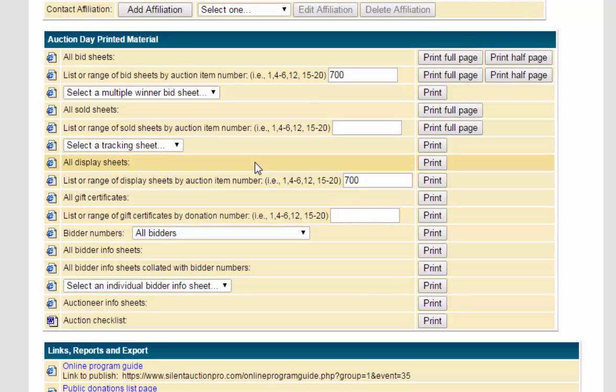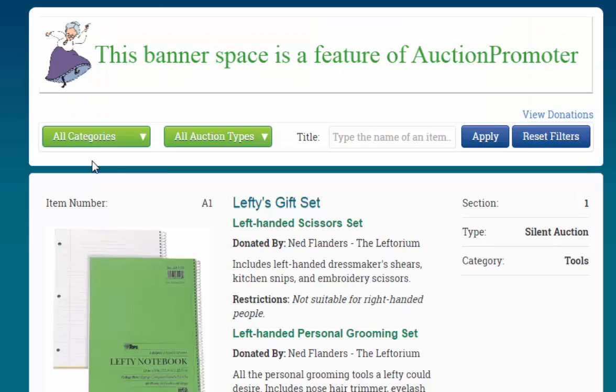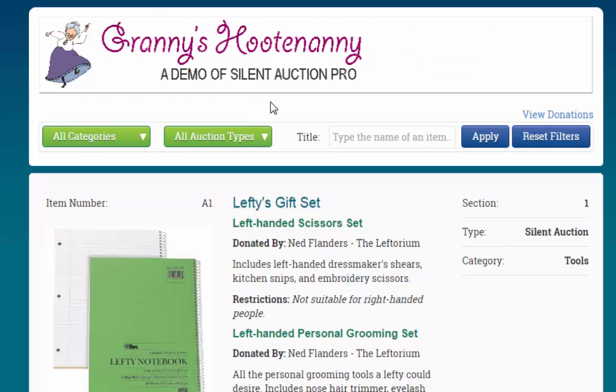Okay, let's take a look at some of the electronic reports and pages that Silent Auction Pro creates for you. I'm going to go down here to the links, reports, and export. We have an online program guide that is part of the auction promoter. Click on that. This banner space up here is something that you can use to advertise perhaps your sponsors for